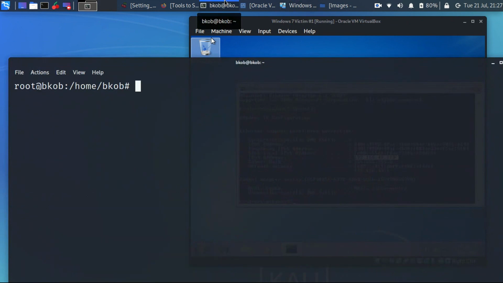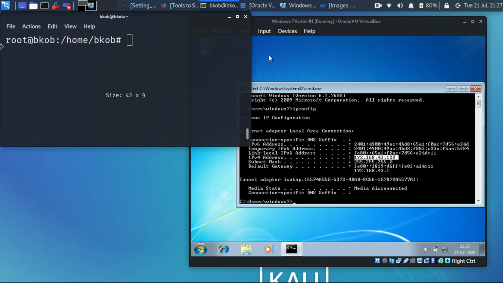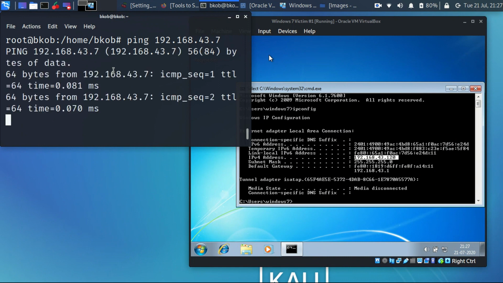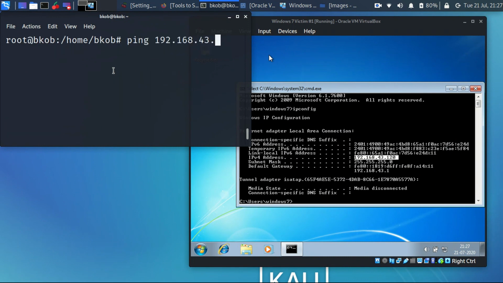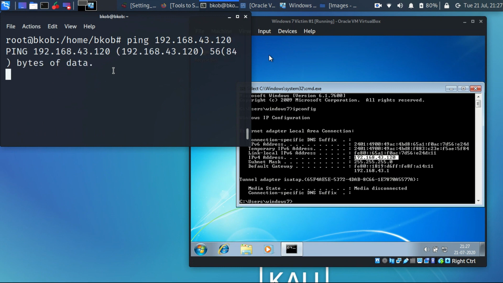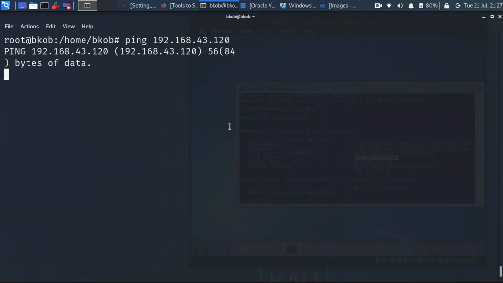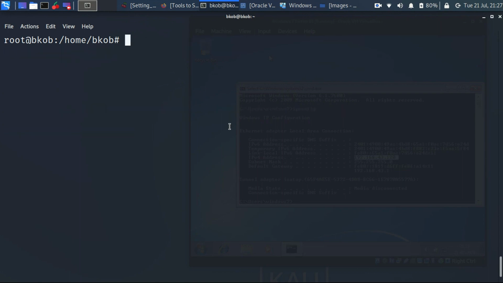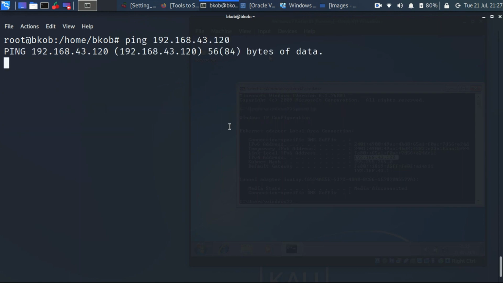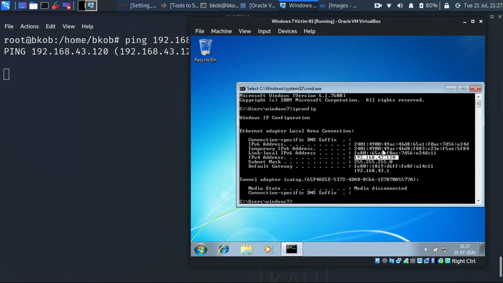Now, just to check whether I'm having connectivity or not, let me try to ping the client machine. The guest machine, sorry, I'm pinging my own machine, sorry for that. So 120, yep, it's not pinging. This is again an issue faced by a few categories of people, and for a few machines you may get this. I just tried a few minutes ago, it was perfectly pinging. So this is very common in machines.